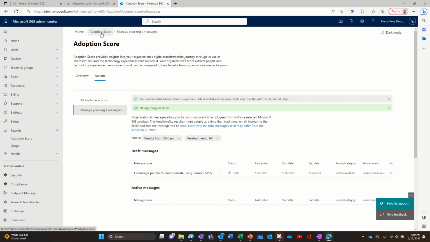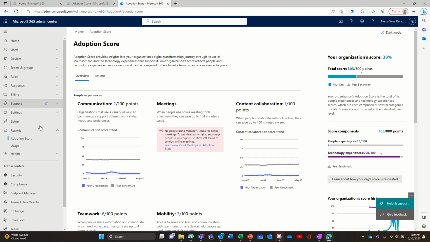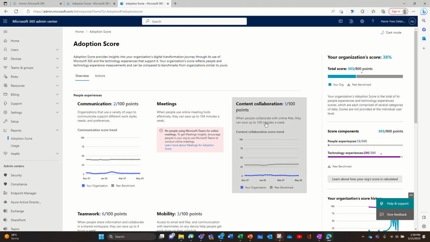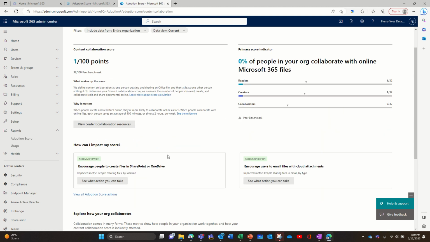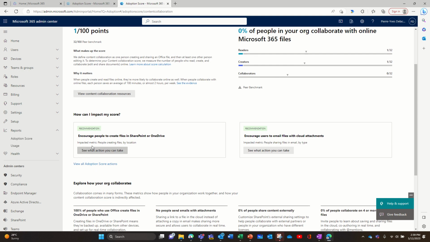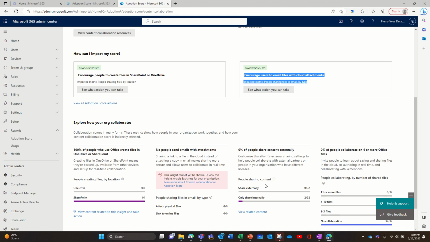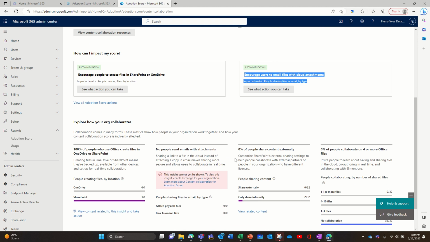So another one is, let's go back to my adoption score in content collaboration. I can encourage people to create files in SharePoint and OneDrive. I can encourage users to email files with cloud attachments. That's the one I think is very important to monitor. You can look here in the data if people are attaching documents in email.